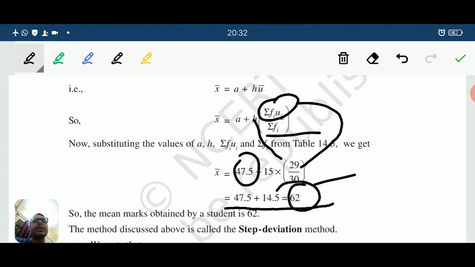So in all these three methods we have got the value of mean as 62 only. Okay, so it doesn't matter, if you see the number, the values are not changed in all these three methods. So why don't we use the methods which are quite easier and less time consuming, isn't it? Instead of using a method which is quite longer and gives you larger values. So you can shorten your values by using these three easy methods.